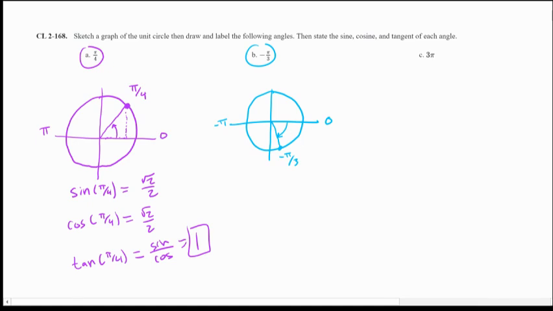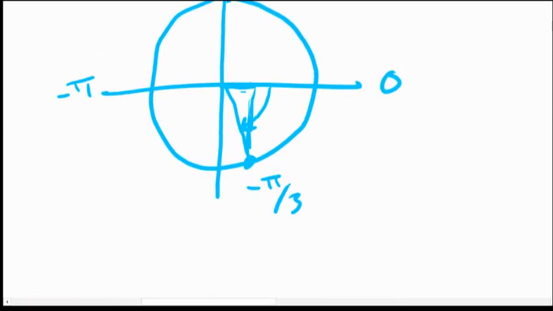So my x value, I can kind of see if I were to create this triangle here, zoom in to see this. This triangle that I create from this point, the x value is shorter, meaning the x value here is going to be 1/2. And then the y value, since we are also going in the negative direction, ends up being negative root 3